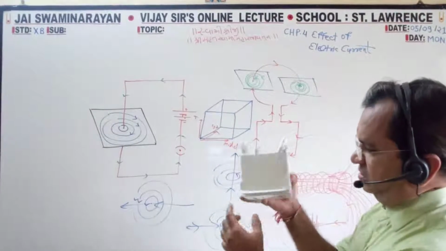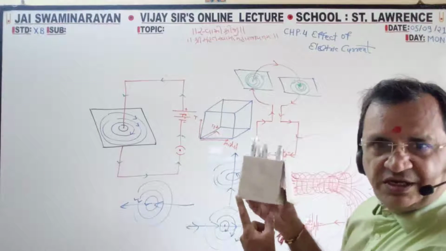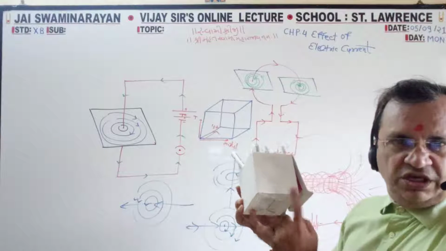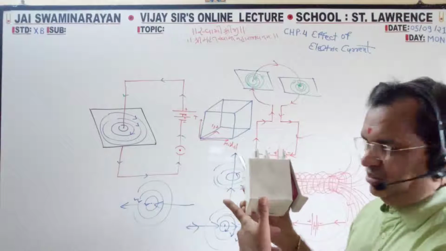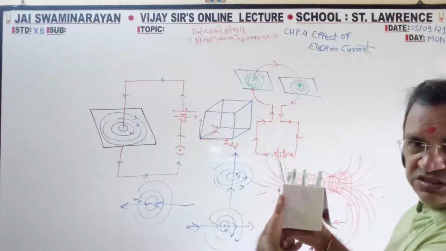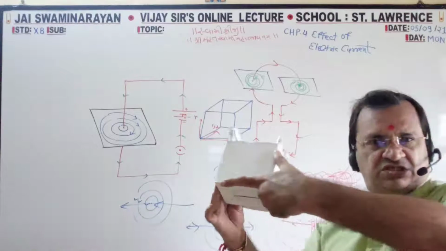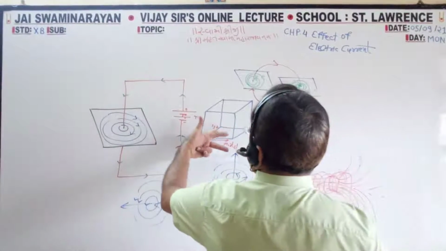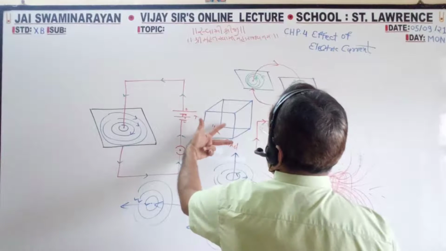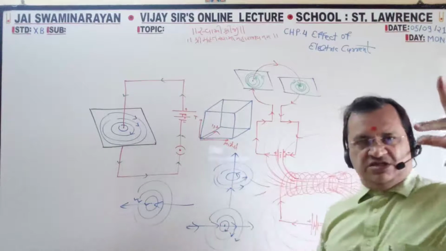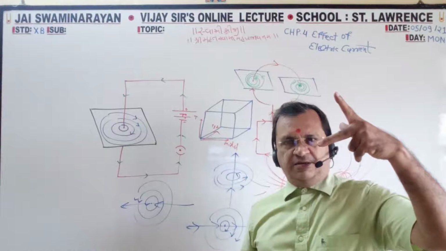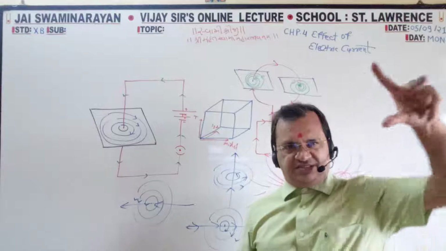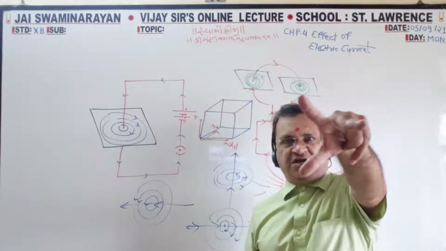Of this box, take this point. So 1, 2, 3. All three are perpendicular to each other. So like that. This is a thumb, this is a first finger, this is a middle finger. These three fingers we have to arrange like this. All three are perpendicular to each other.